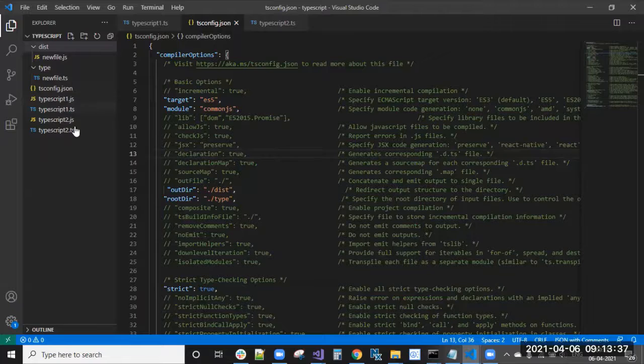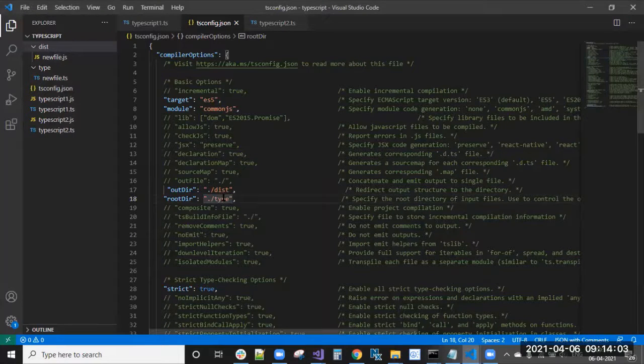Why are TypeScript1.ts and these other files not compiled? Because I have specified that only the files inside this type folder should be compiled. So I have this type folder, and only the new file.ts inside it is compiled. You can see that new TypeScript1.ts and those files are not compiled.